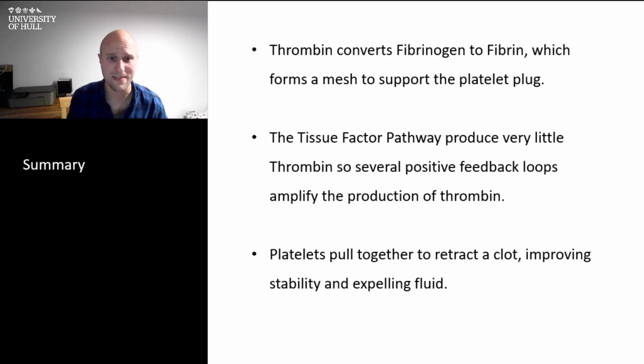And just right at the end there, we discussed how one of the many jobs of platelets is to do something called clot retraction, where they pull everything a little bit tighter together, expel any fluid that's within the clot, and bring it more